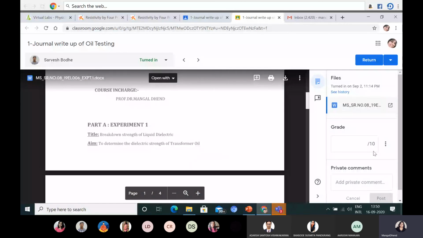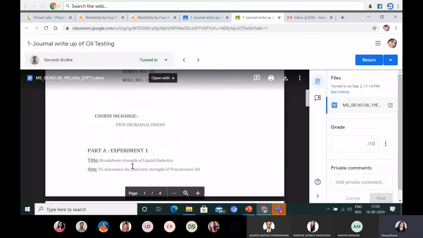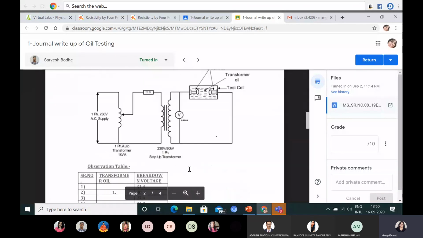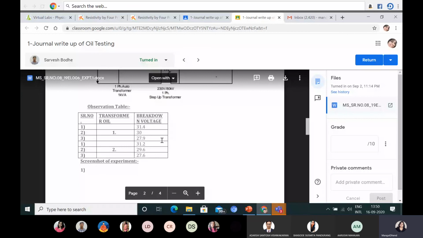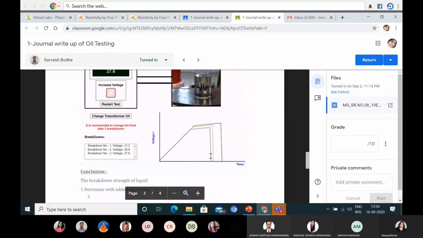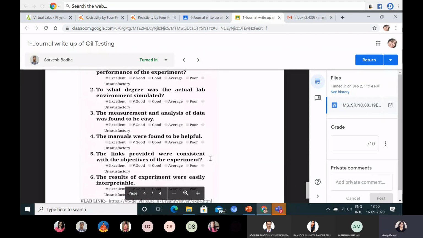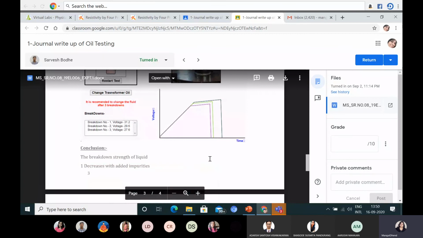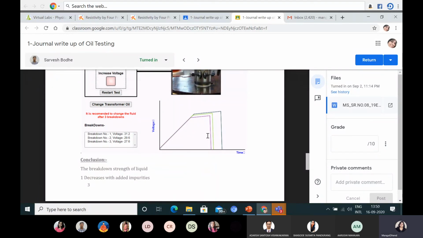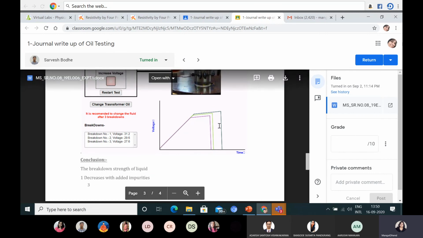Students, I am giving 10 marks to you. For the 10 marks, you have to write down the observation table, calculations, conclusion, your feedback, and your test screenshot. If you are getting marks, then upload that marks screenshot.